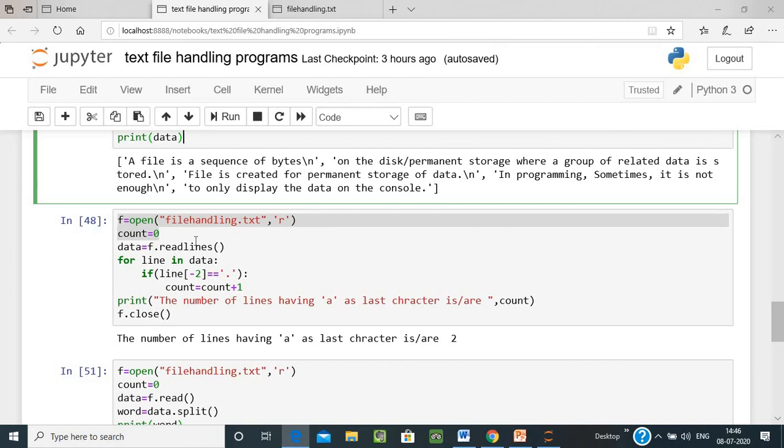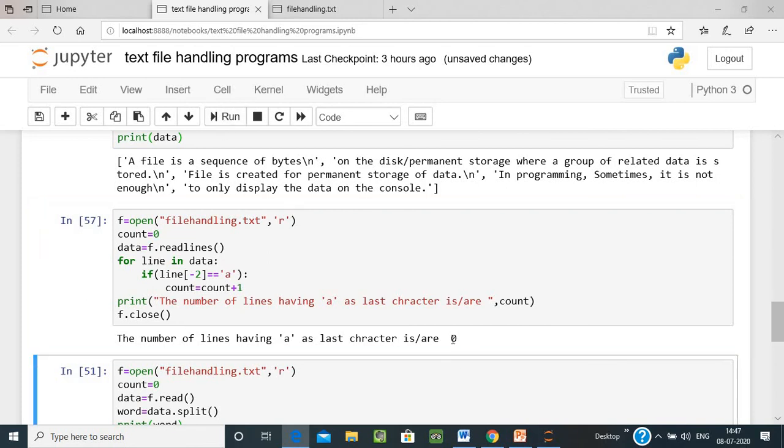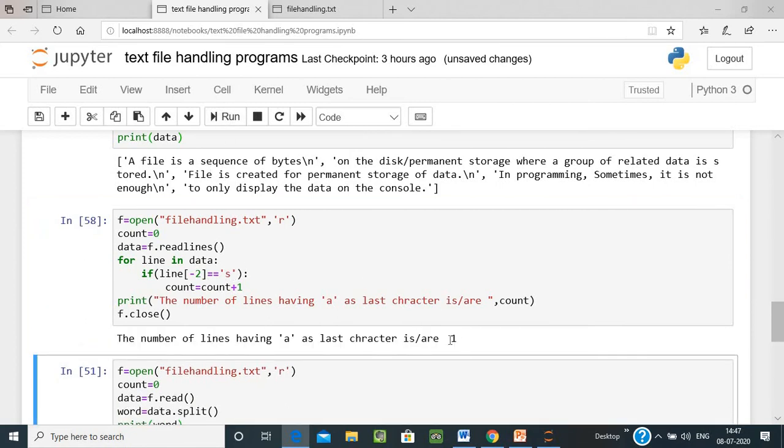So the last index will be minus 1, and then minus 2, minus 3, minus 4, etc. Here line[-2] means the last character of the string or line is a dot or 'a', etc. So count equals count plus 1. The count is 0, which means none of the lines end with 'a'. How many lines end with 's'? Only one line is ending with 's'.